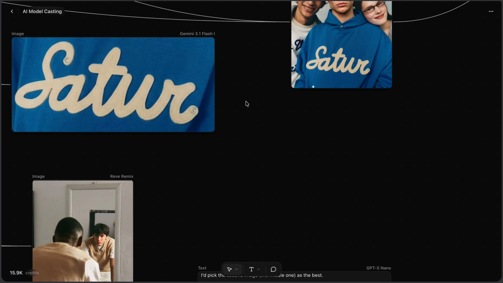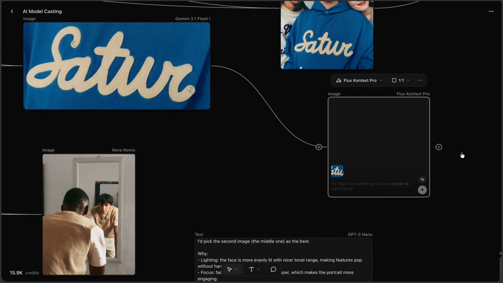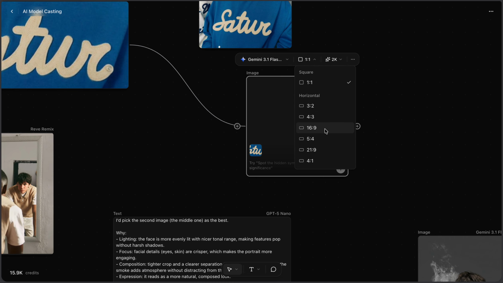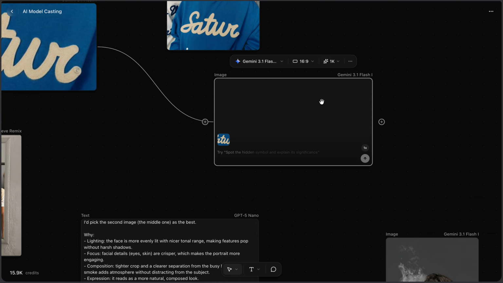We can drop the image block here, and let's select nano banana, select the size this one and 1K, and turn the text color